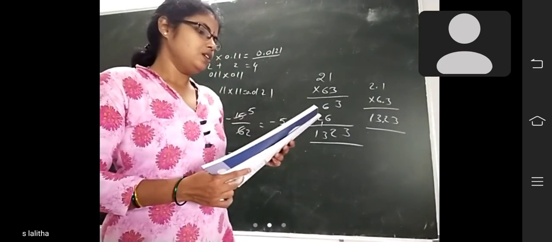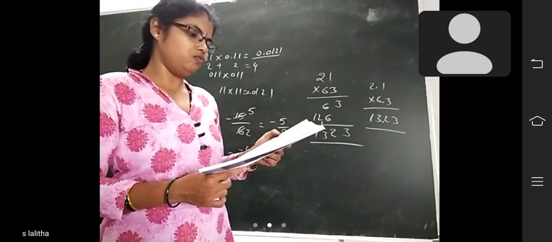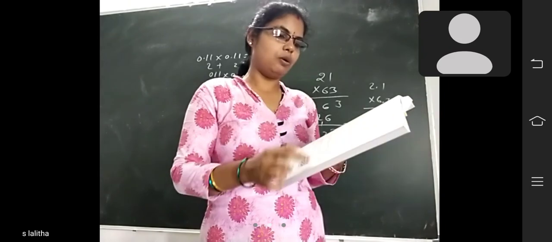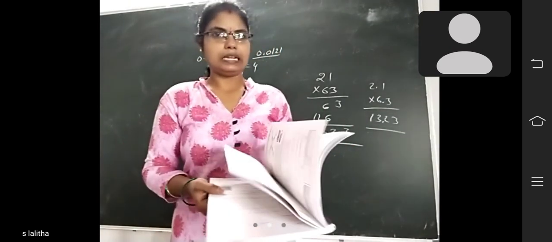Like that, you should do third Roman and fourth Roman also. Yesterday I told you, so you can do these sums. Fifth one, sixth one also you can do as homework. Third Roman, fourth Roman, fifth Roman, sixth Roman, you can do as homework. Today's homework is that one. We will continue next class. Goodbye.